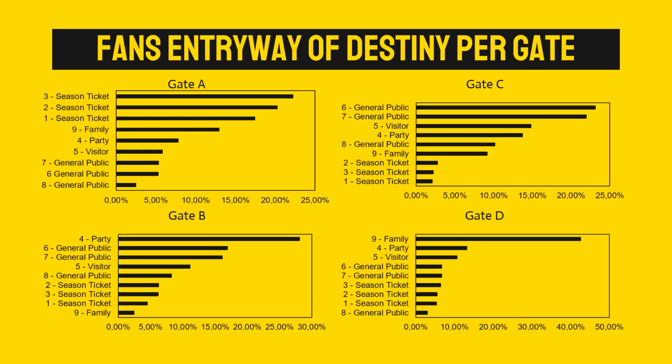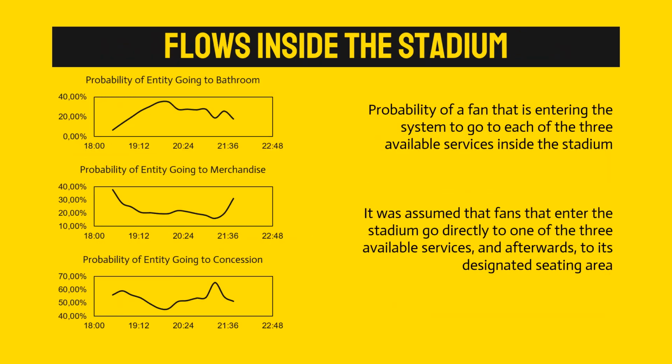It is important to consider in the model the destiny of each fan depending on the gate that it enters. So as the graphics show, in gate A the majority of fans goes to the season ticket section, in gate B to the party section, in gate C to the general public and visitor sections, and in gate D to the family section. It was assumed inside the model that each fan entering the stadium goes to one of the three available services, and after finishing, to its designated seating section. So in this manner, it is important to consider the different probabilities across time for a fan to go to